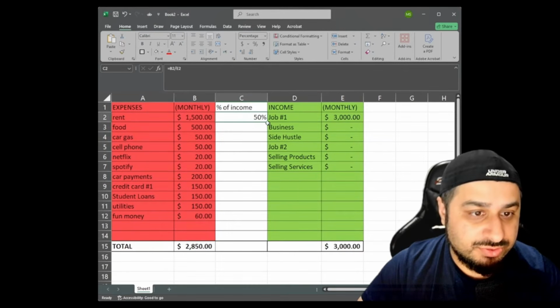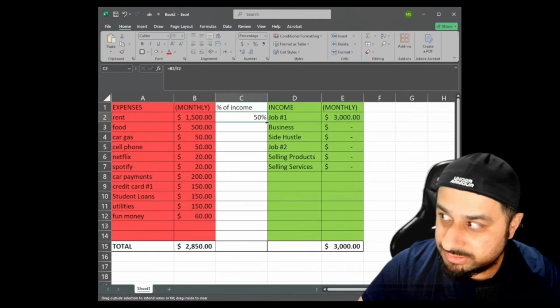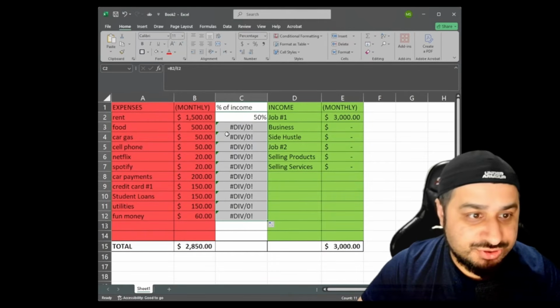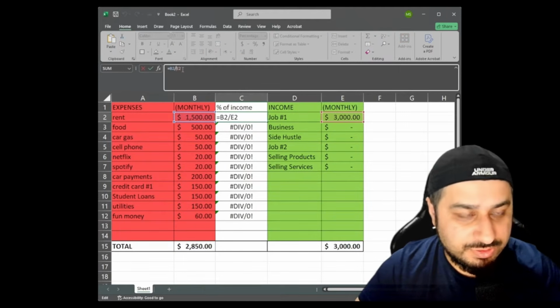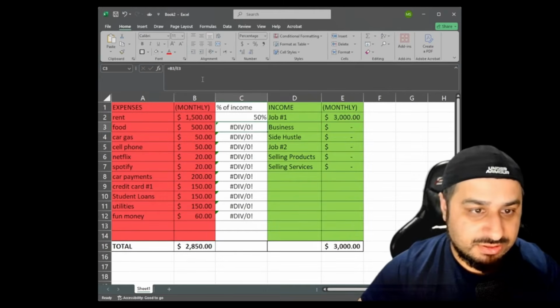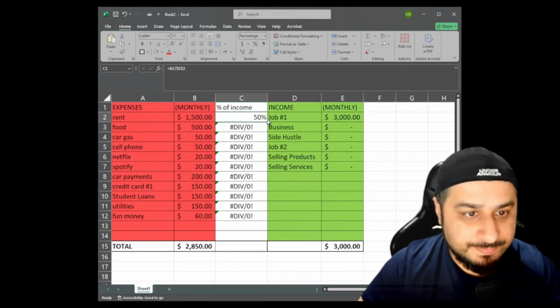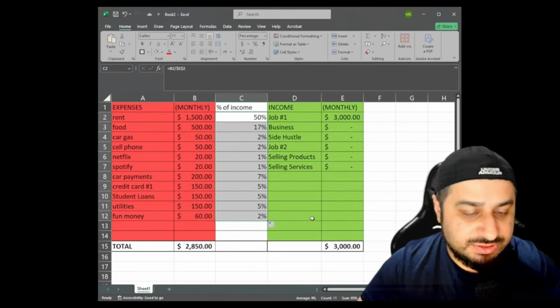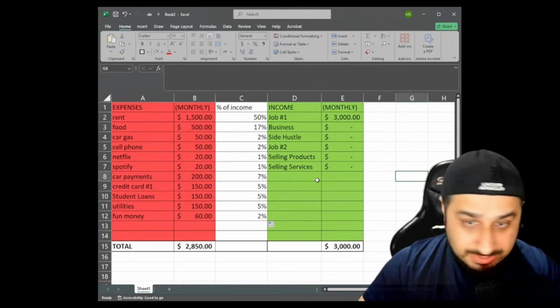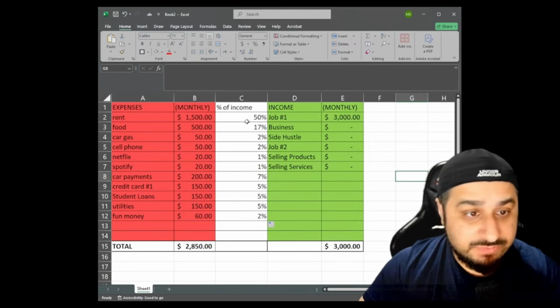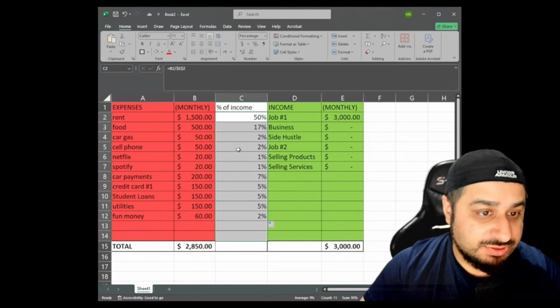And what we're going to do is just double click right there, and it should automatically populate. We're going to call this actually right here. We're going to hit the F4 key there, and that's going to lock that 3000 in place. And then we're going to just hit that down there like that, and it's going to automatically populate. And if we want to get even more fancy with it, we could color code this and,